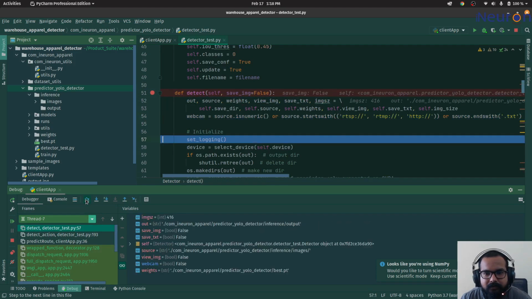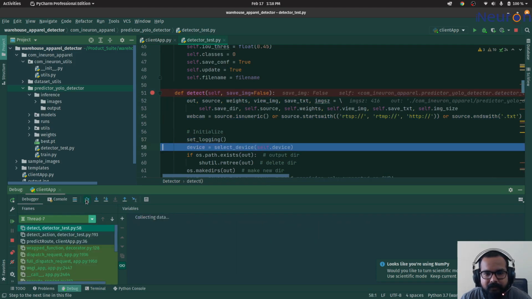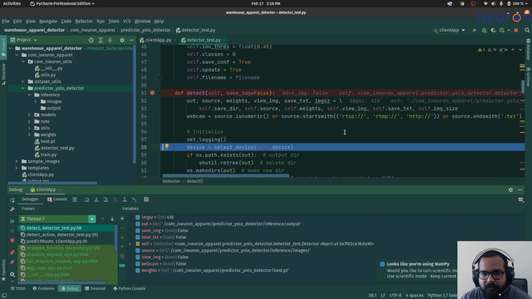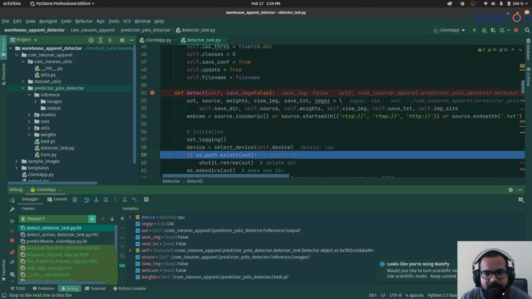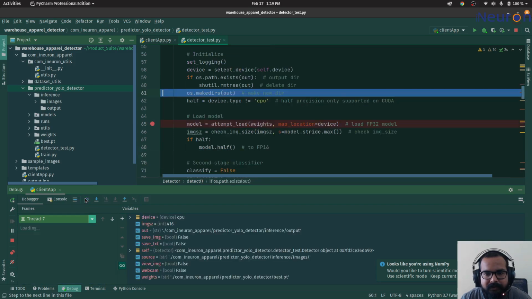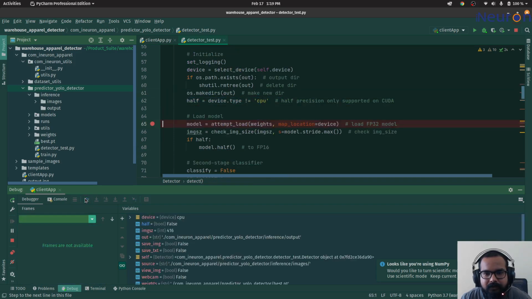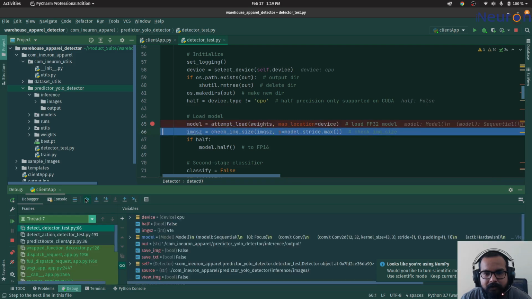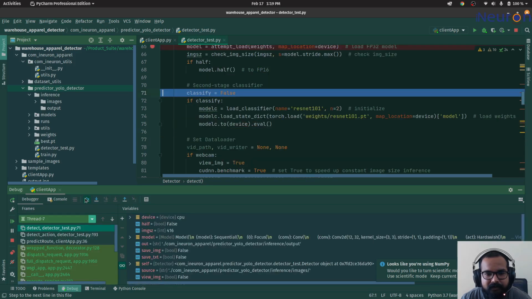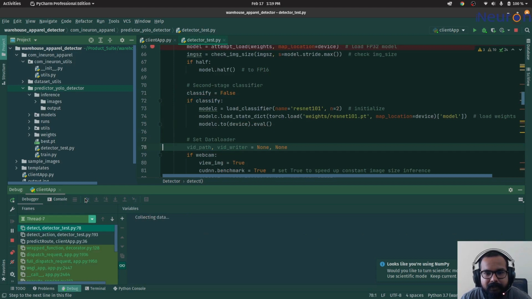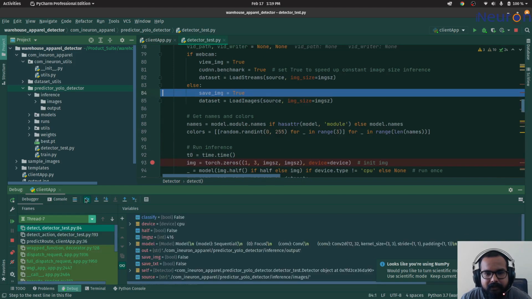Actually, you can see all the paths are given. Right now I am not using any type of RTSP protocol or RTMP. So select device, CPU got selected, output directory. Then the model is loaded very fast, I will say. And then finally applying the classifier, then getting the data loader,